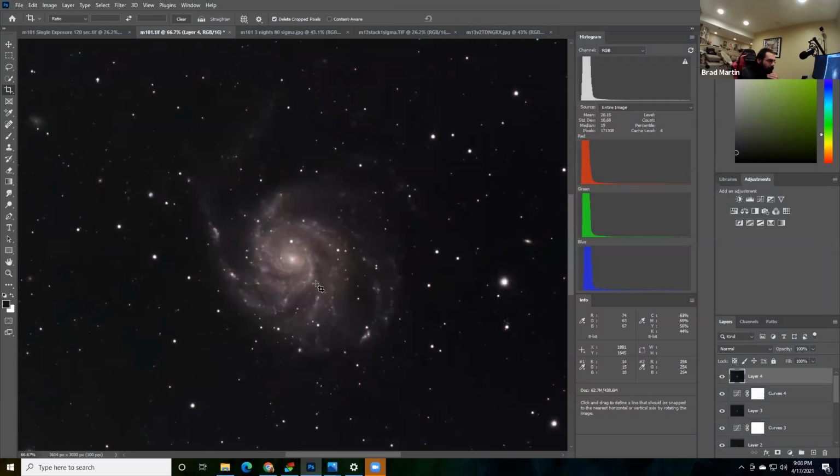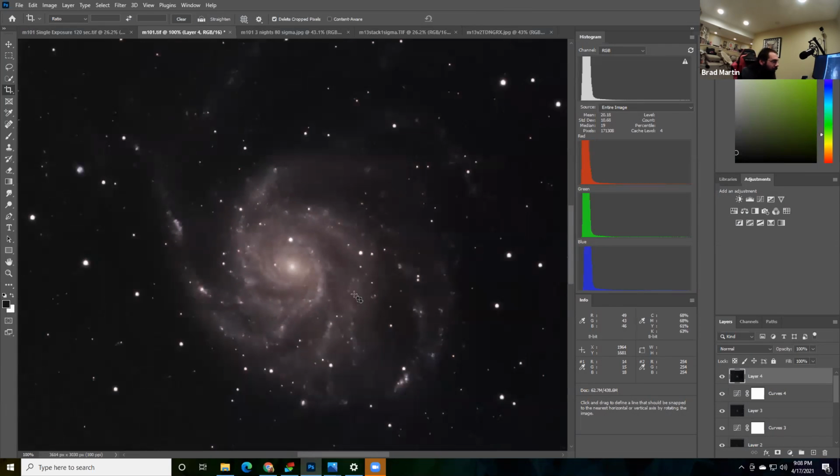And so we can take a look at the difference if I hide this layer. Oh no, I didn't do a non-destructive workflow, guys. So I can't actually show you exactly what it looked like before and after, but I got some of the noise out anyway, so we can zoom in and see a little bit farther.